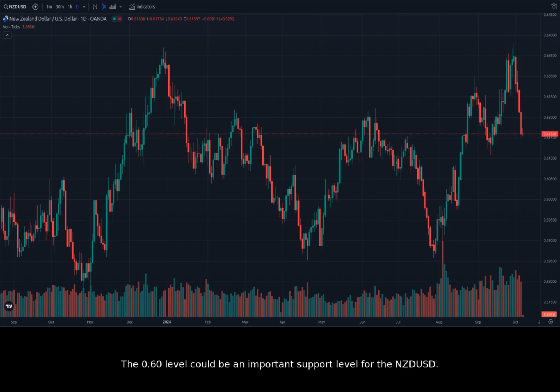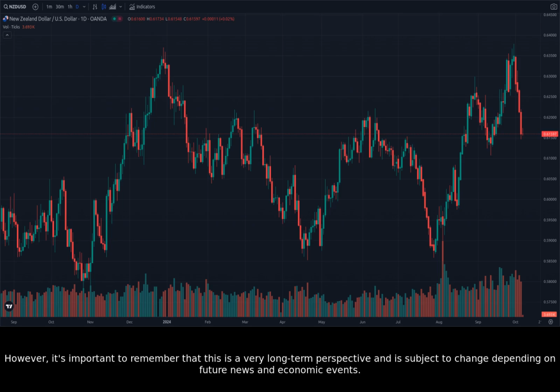The 0.60 level could be an important support level for the NZDUSD. If the price can hold above this level, it could signal that the downtrend is losing momentum. However, if the price breaks below 0.60, it could signal further weakness in the NZD. The 0.65 level, which was the high for the year, could act as resistance in the coming months. If the price breaks above 0.65, it would signal a significant shift in the trend. However, it's important to remember that this is a very long-term perspective and is subject to change depending on future